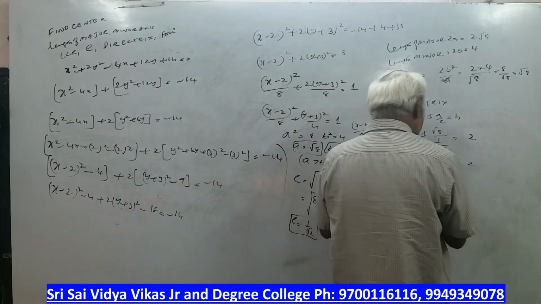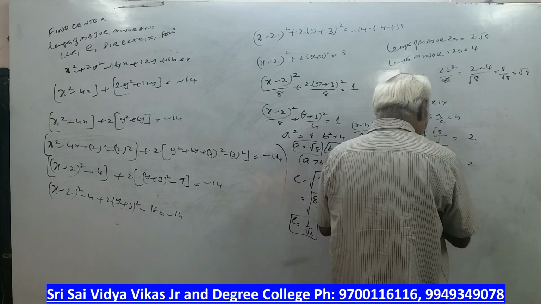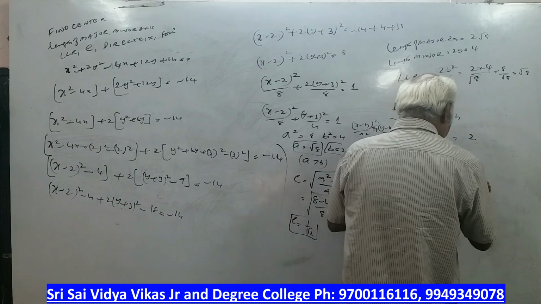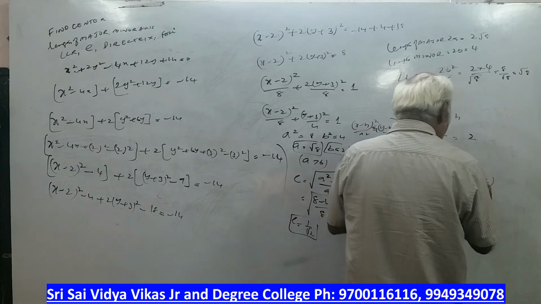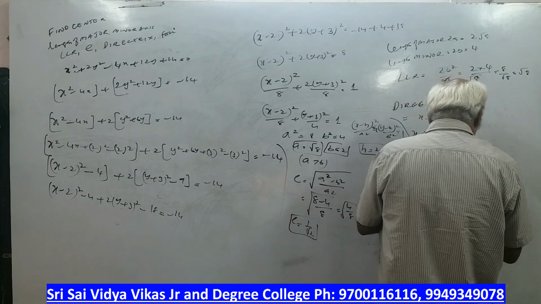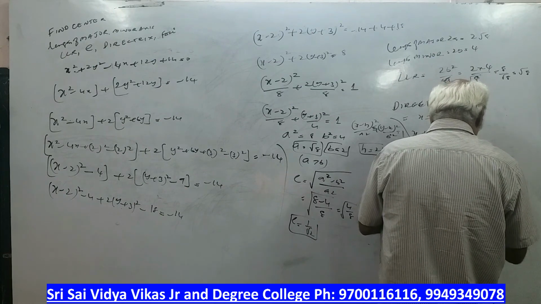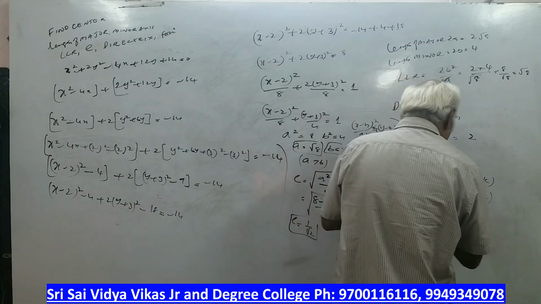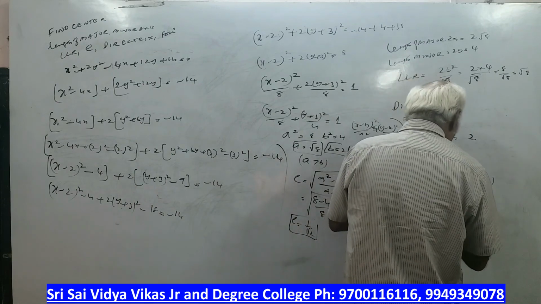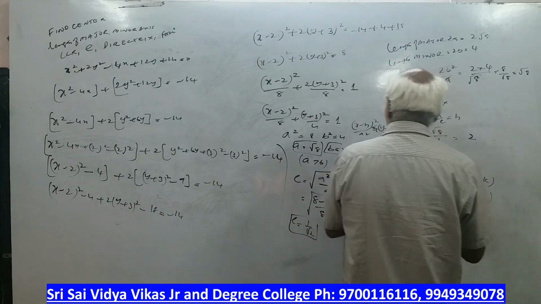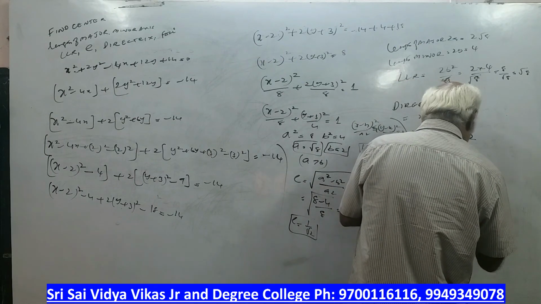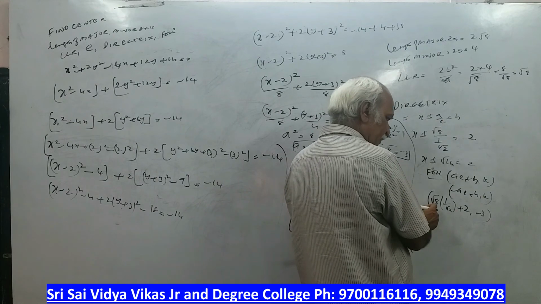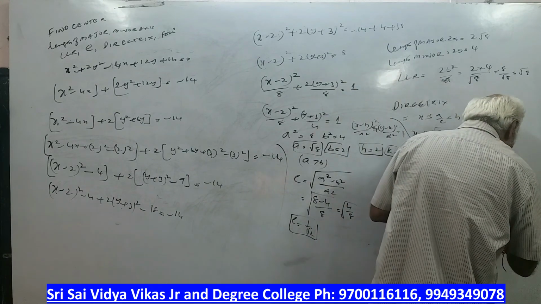Next, 4c is (ae plus h, k) and (minus ae plus h, k). What is the a value? Root 8, and the e value 1 by root 2, plus the h value, what, sir? 2, comma, minus 3. So root 8 and root 2 will get cancelled. Root 4 times root 4 means 2. 2 plus 2 is 4, comma, minus 3.